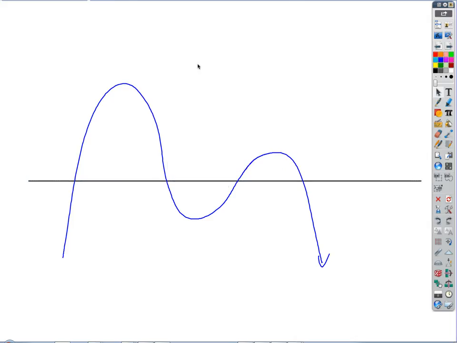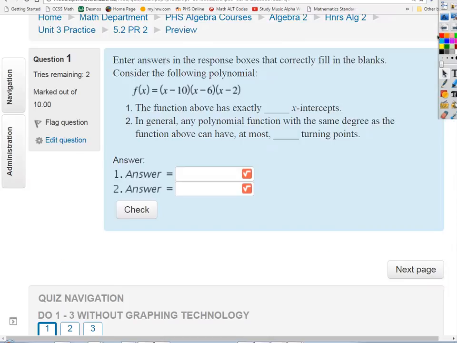Because look at the picture. The turning points can only happen between x-intercepts, right? I mean, maybe if I move this line, they could be outside of that. But the point is, if I have the largest number of x-intercepts, the turning points can only happen in between those. And so if they have to happen in between, that means I'm going to have 1 less turning point, right? Because they have to be bracketed by the x-intercepts. All right, so that's kind of a lot of stuff. But